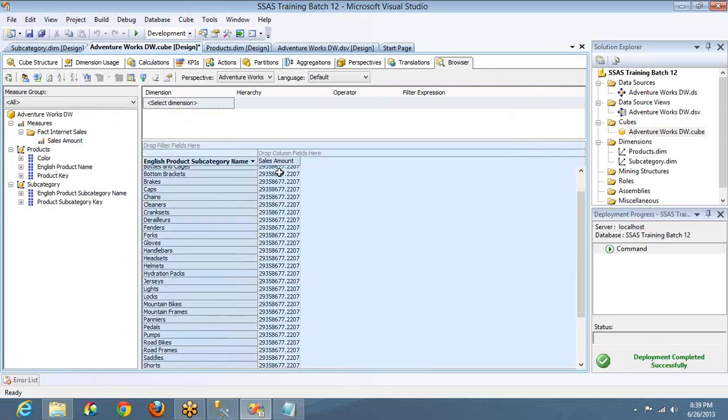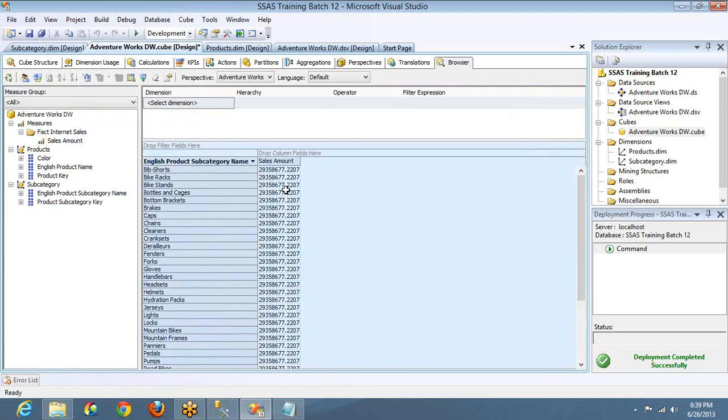This is because it doesn't know what it has to join on. We're not providing it. We're saying that these two are not related. This dimension is not related with this measure group, and hence it will display data like this. So if you have data like this, then what analysis are you going to do? It is sheer waste, right? Bike shorts, it is giving the same amount. Bike racks, it is giving the same amount.